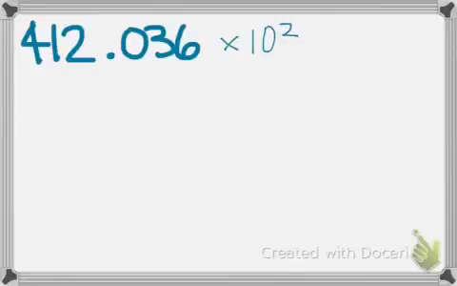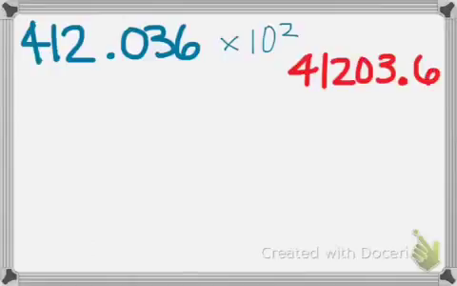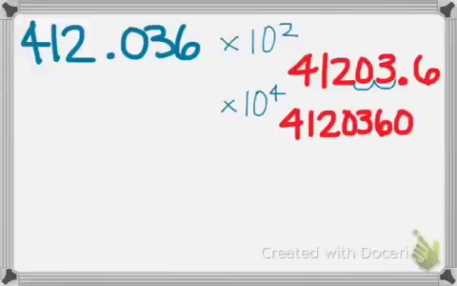So for example, if I multiplied times 10 to the second power, then I would get 41,203 and 6/10 because I moved the decimal place 2 places to the right. If I multiply times 10 to the fourth power, I'm going to then move the decimal place 4 places to the right. So I end up with